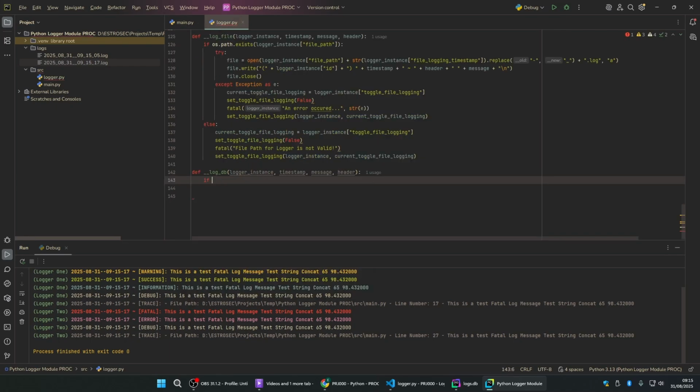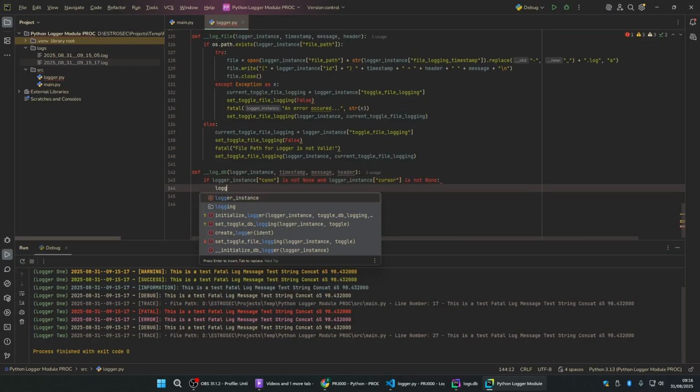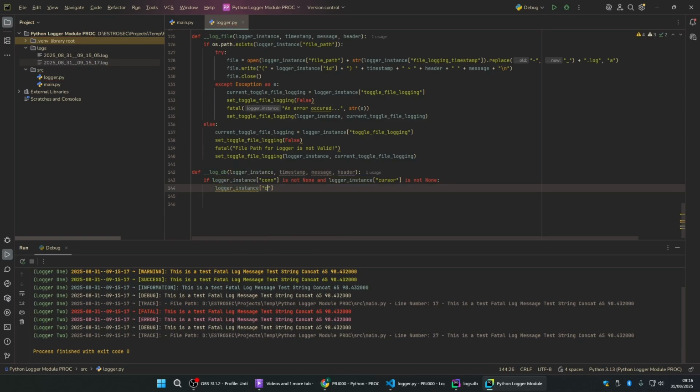So this one's really simple. It's only a couple lines of code. So if logger_instance.con is not None, and logger_instance.cursor is not None, then we can simply just do logger_instance.cursor and run a query, .execute,